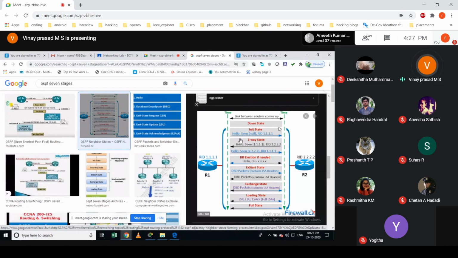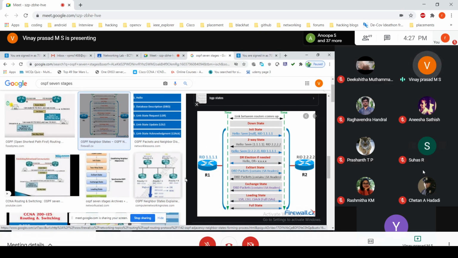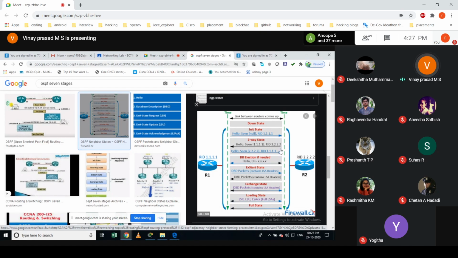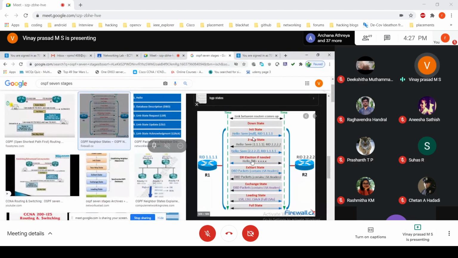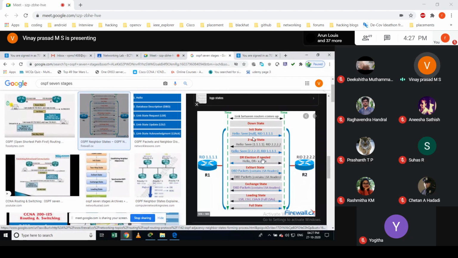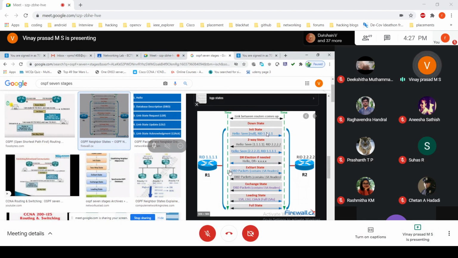The next one is the exstart state. Then we would have something called DR/BDR election if needed. If you are connecting the routers in a broadcast manner, we would need DR/BDR election: designated router, non-designated router, or backup designated router. The election will happen and they will decide which router is going to be the DR and which is going to be the BDR.